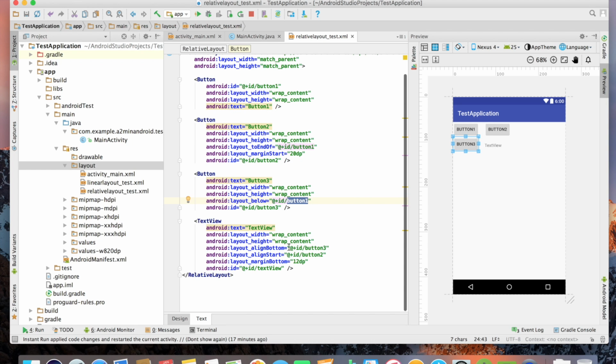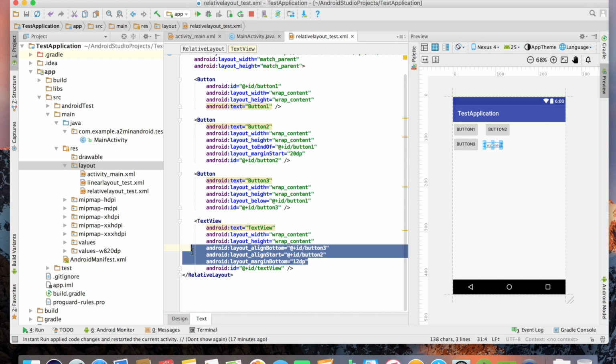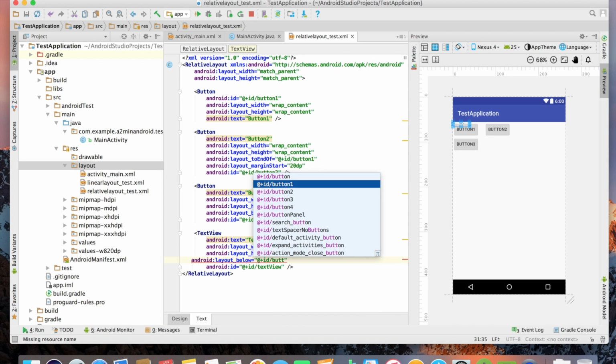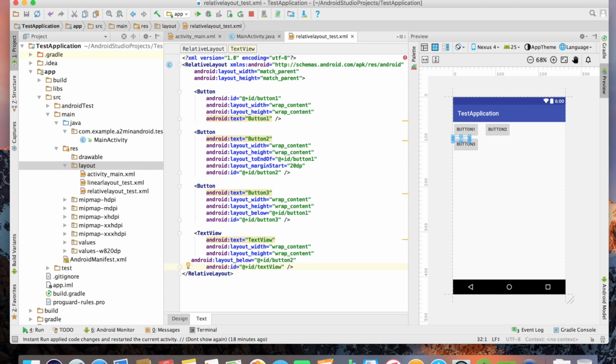Now in the text view, align bottom right, align bottom start. So what it is doing is, let's just delete all three. As I told you earlier, this view will be created at the top left of the view. So I want it below button 2 and right of button 3. So I will say below ID button 2. So you can see here it has been pushed down,